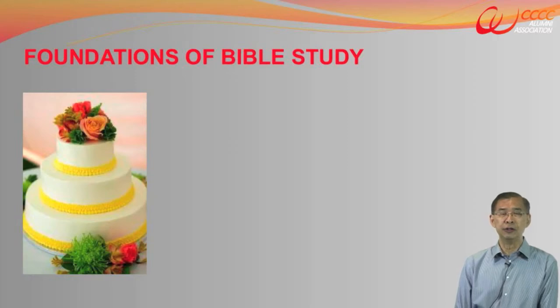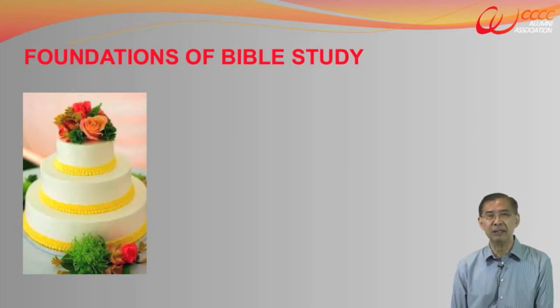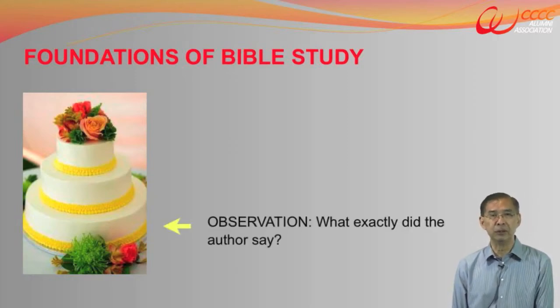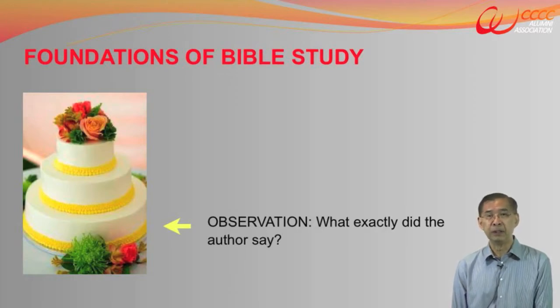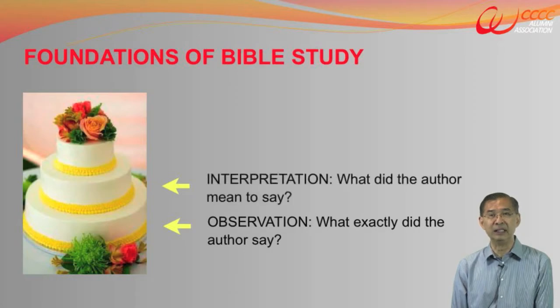There are certain foundations, certain principle steps necessary for the proper study of the Word of God. First of all, it's called observation. Observation is as simple as saying, what exactly did the author say? Now, for the English-speaking person, there is a variety of Bible versions: King James, New American Standard, International, and so on and so forth. So there is a variety of shades of differences in terms of how they bring the language to the English-speaking person. But still, when you read the Bible